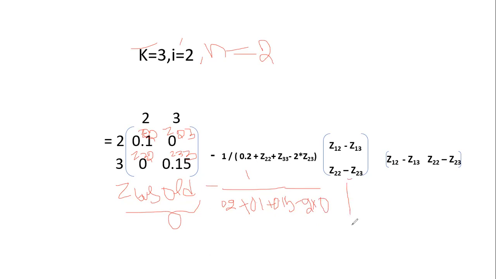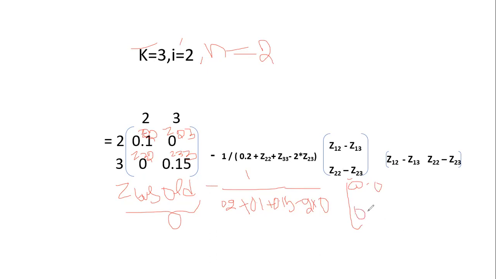Into Z12. What is Z12? We are considering node 1 as the reference, therefore Z12 and Z13 are considered as 0. So it is 0 minus 0. The 1 is the reference node, so all the 1 values will be considered as 0. That is 0 minus 0. Next, Z22.